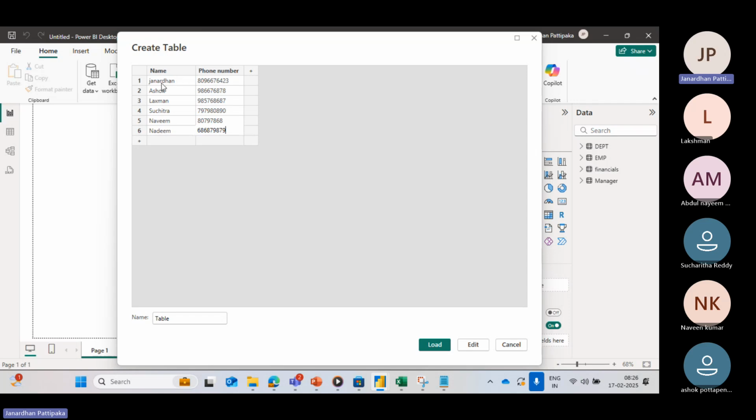It asks you, do you want to give any name to that? If you don't give any name, it will take the name by default as table. But I want to rename this table as candidate information. This time, after loading the data, you need to give name and phone number, candidate information. I mentioned the table name. Once you click on the load, a table will be created as candidate information, and that table will